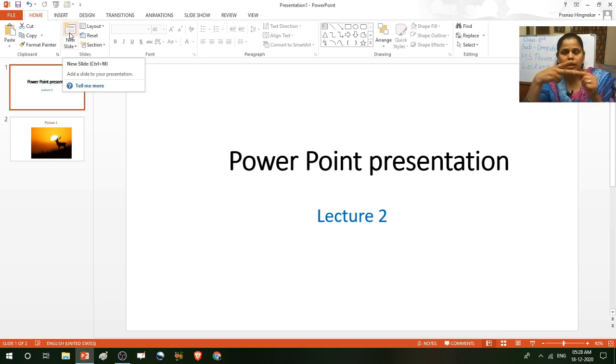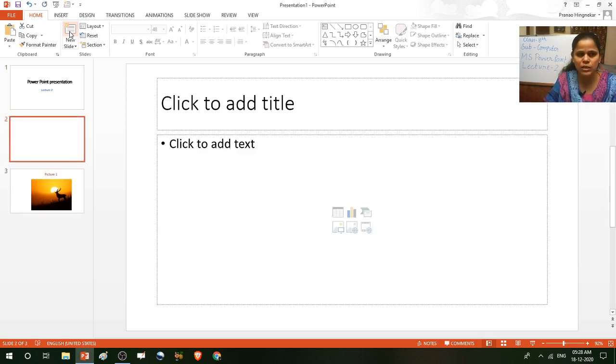First way is to click on the new slide command from the ribbon, and second way is to press Control and M key from your keyboard. Clear? Then click on a new slide, then one other slide will be inserted between these 2 slides.